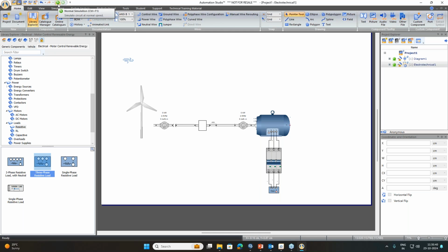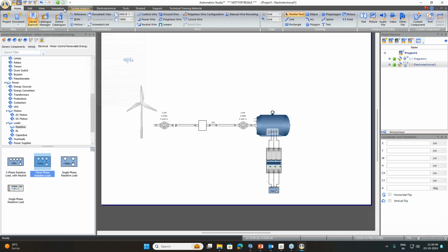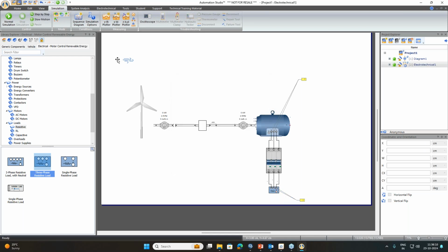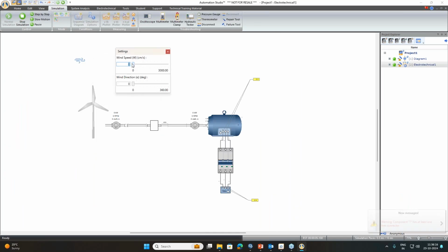So we will start the simulation. Before that I will connect the measuring instruments like dynamic measuring instrument, voltage. When I give the wind speed, it is 0. As I increase the wind speed, our turbine speed is increasing, and here the RPM is